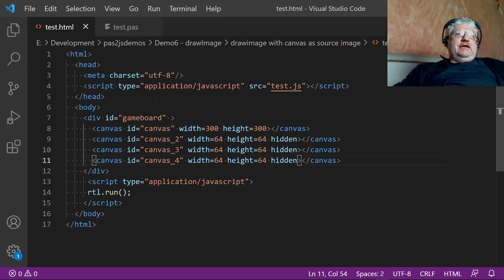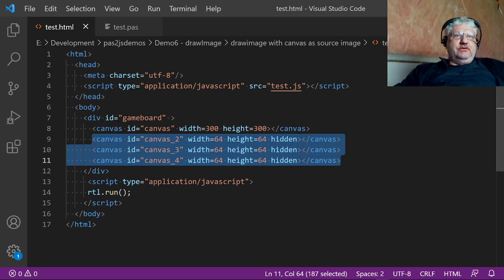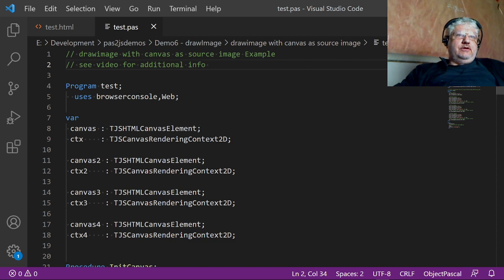So in this example, we see that I have a whole bunch of canvases defined here. Normally I just have one, but now I have four. And the second, third, and fourth, the width and height are only 64 pixels. So let's go to our code here, and